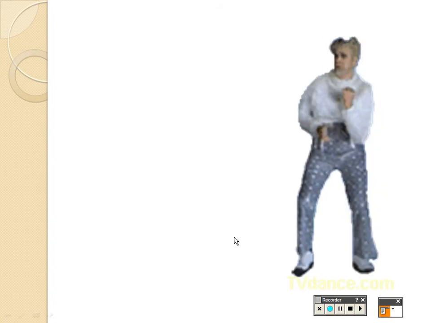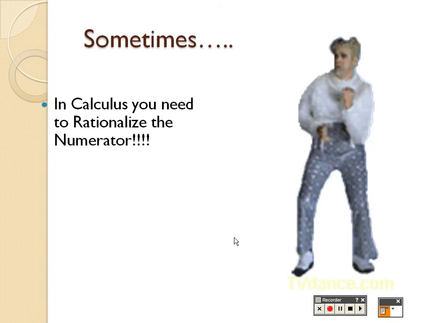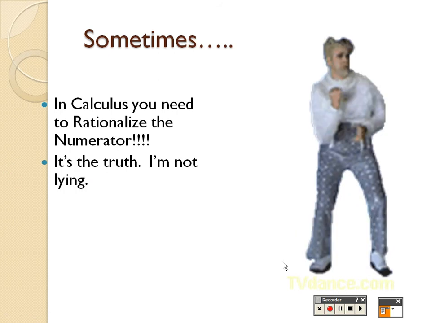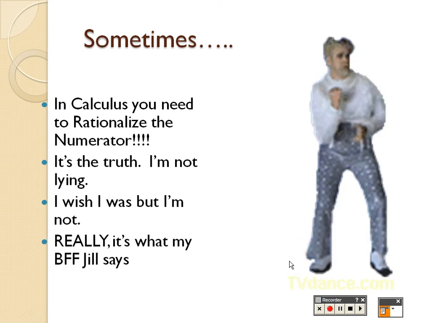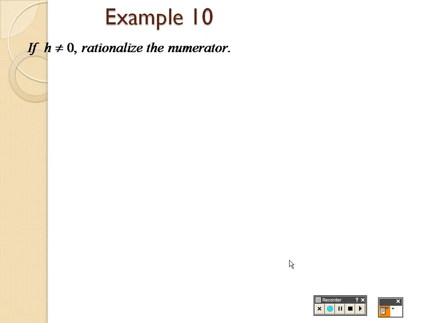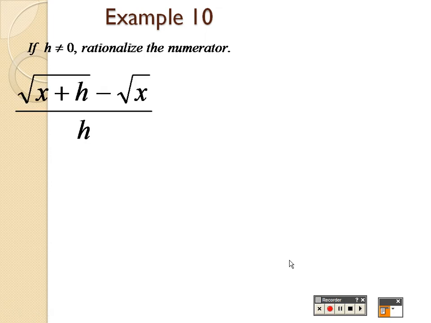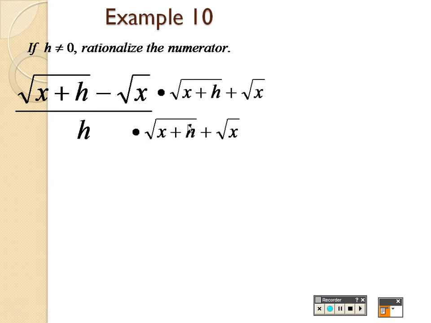Okay, so in calculus, you need to rationalize denominators. It's the truth. I'm not lying. However, sometimes you need to rationalize the numerator as well. So really, let's take a look here. If we have h and h cannot be 0, we need to rationalize the numerator. All this means is everything that you have, look how everything's the same except now multiplying it by the positive, right? The conjugate there. So when we do this, the bottom very simply is h times all that, but now